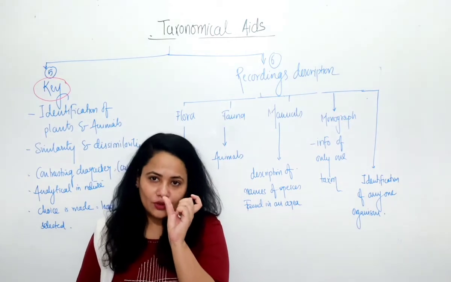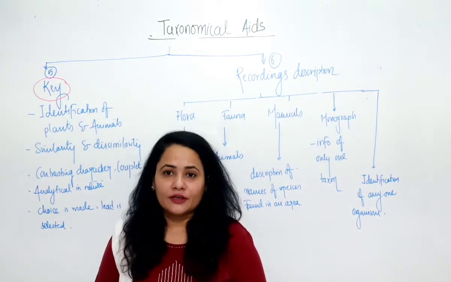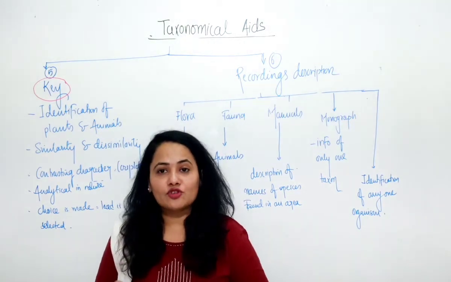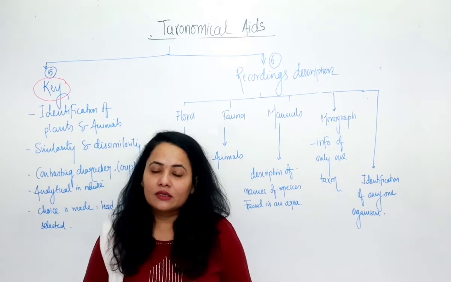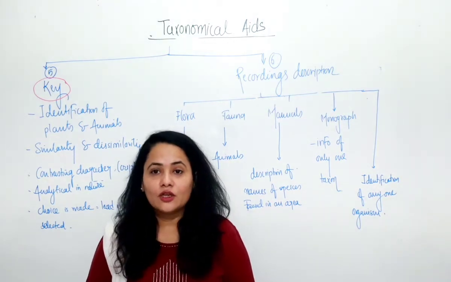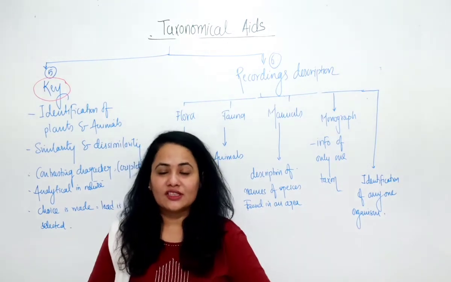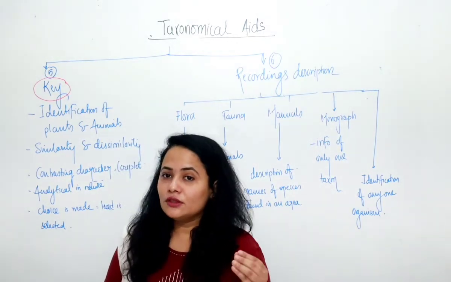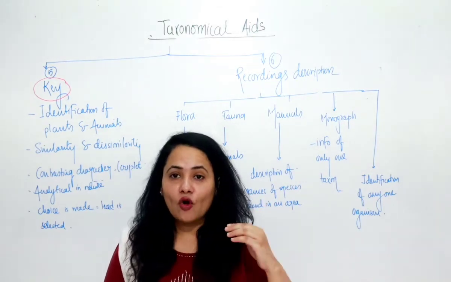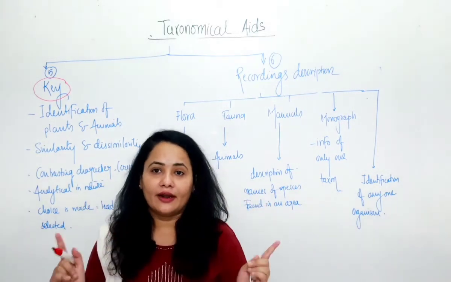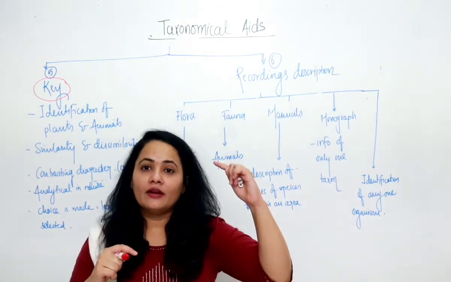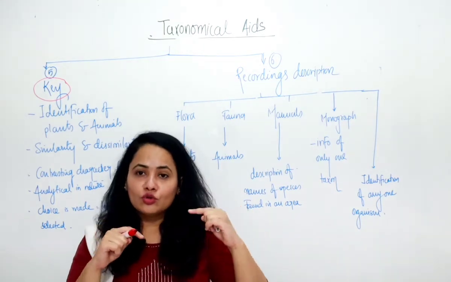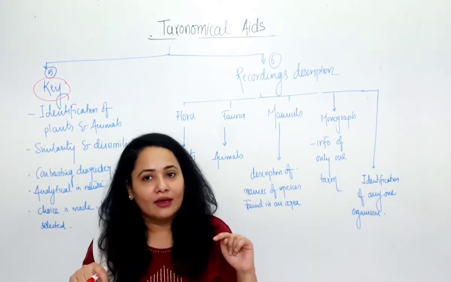So those 2 particular characters are known as couplets. What are they called? Couplets. So what are basically couplets? Couplets are pairs of contrasting characters. Suppose I want to classify something into tall and dwarf, that is how many students are tall and how many students are dwarf in your class. So you know that I am putting the character of height into 2 contrasting characters. And what is that? Tall and dwarf. So tall and dwarf is a key to classify that particular class.